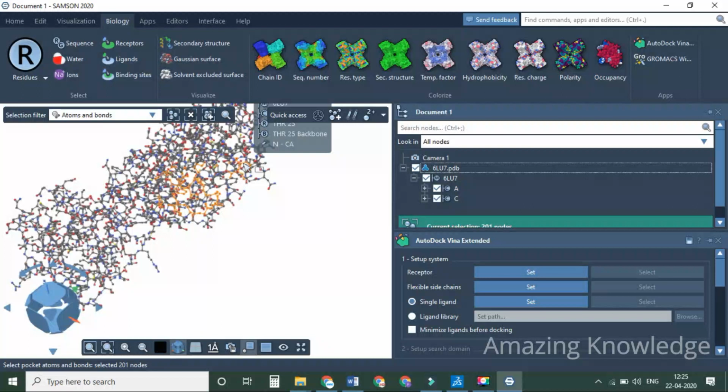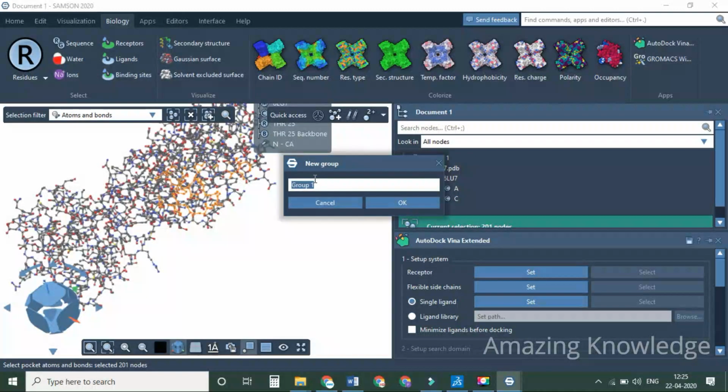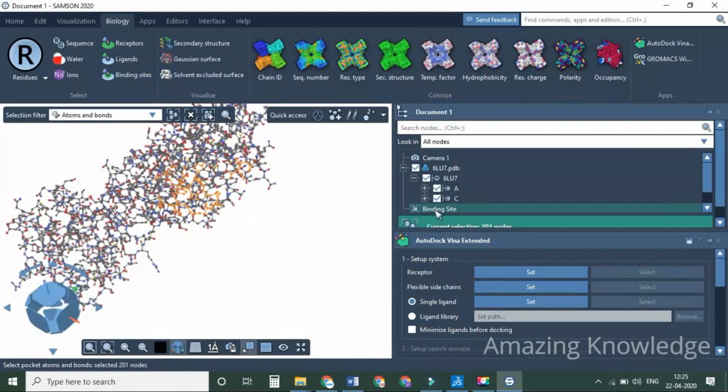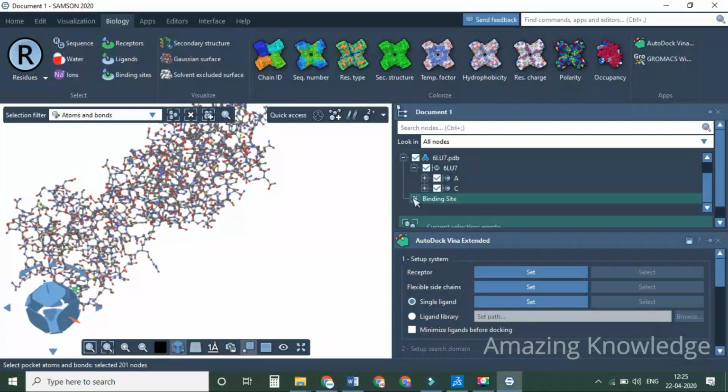So what I'm going to do is keep this as a separate group. So right click it and create group. In that group, what I'm going to write is binding site. Click OK. See here, a node is selected here. So you have to double click to select the group nodes. Single click, no; you double click it, and automatically it will be selected. So based on this, we are going to draw the grid box, in the later steps that we will see.